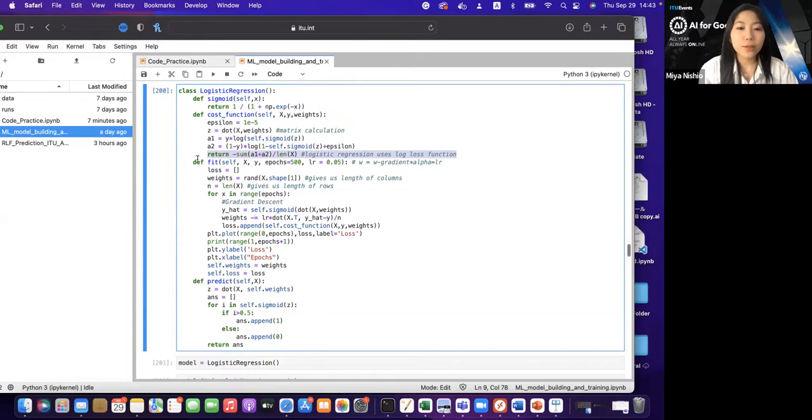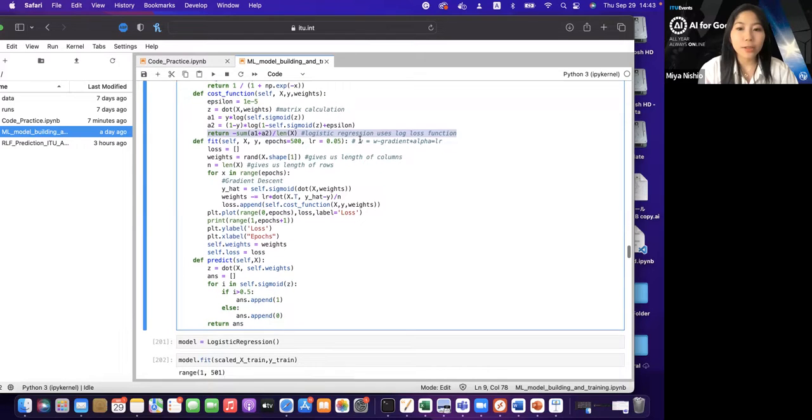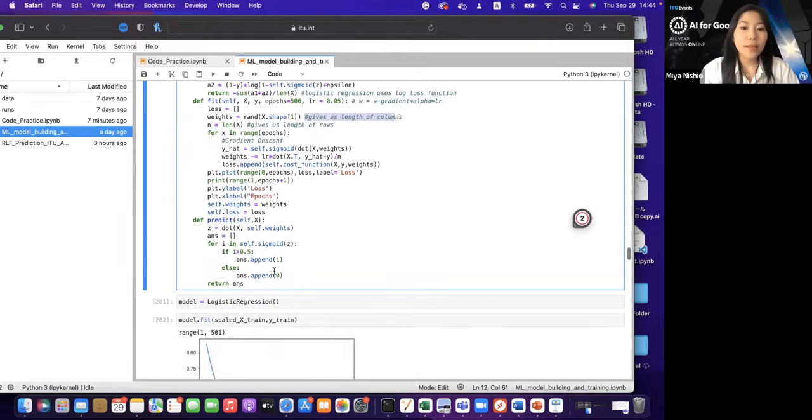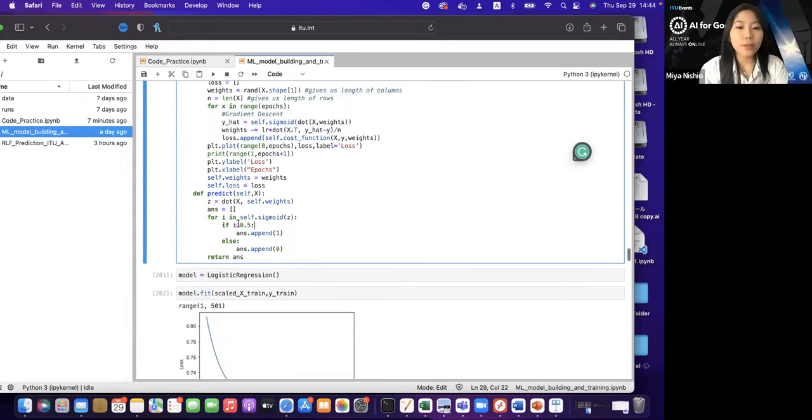You need to have a function that fits the data as well. And again, if you go to the original code, it should give you some comments on what each step is doing, so if you could just take a look at that while going through. And then you do also need one place to predict your answers. So here I've chosen the threshold as 0.5, but you may want to set it to 0.6 or 0.7 or smaller than that, depending on how your data set goes.